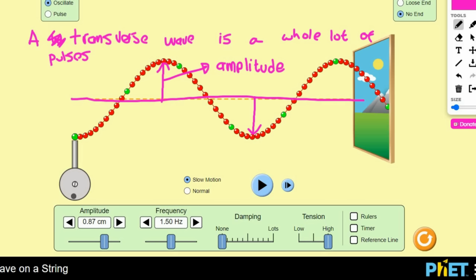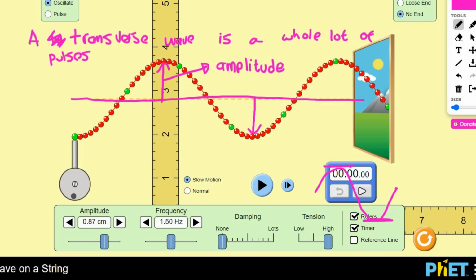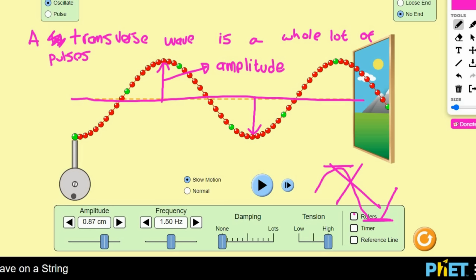Please remember that it's not from the top to the bottom. It's not from the top to the bottom. So that would be incorrect. If you have the middle position and then you do a wave like that, then it is the distance from the middle to the top or from the middle to the bottom. It is not from the top to the bottom. It must be from the middle. That is called the